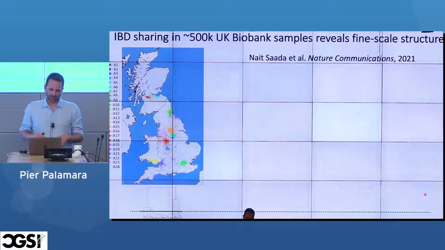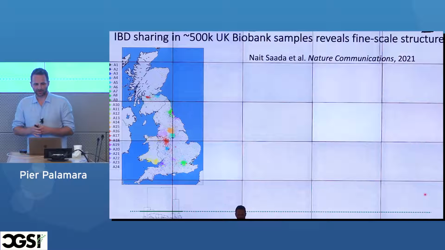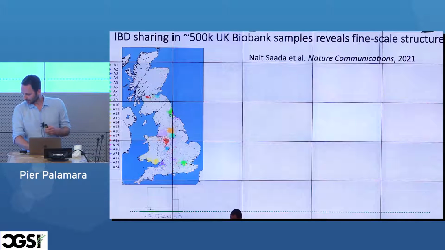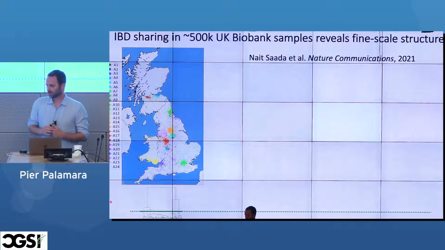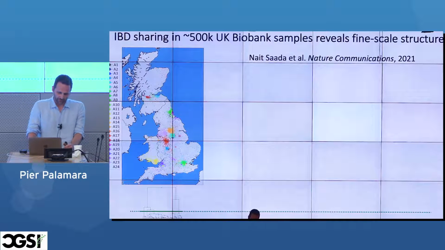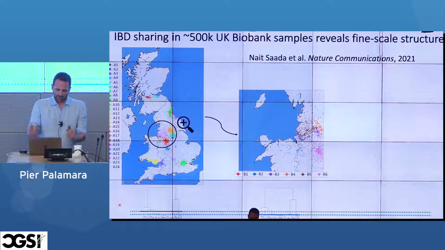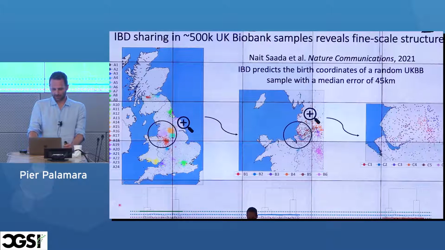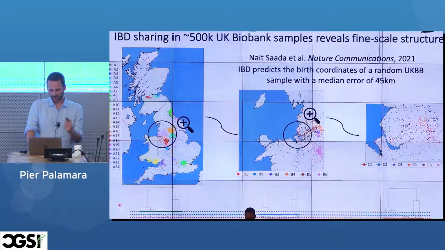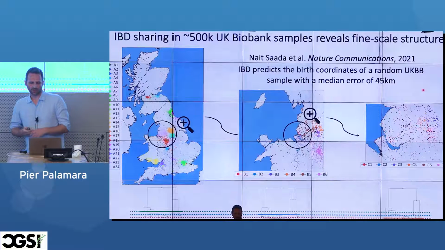If you have this big matrix, it's a sparse matrix, since people tend not to have many ancestors. You can take it and do hierarchical clustering or other analysis on top of that. Depending on where you slice this dendrogram, with a little tree at the bottom that represents the whole ancestry, you get clusters that are bigger or smaller. At certain heights, you get clusters localized in regions and large cities. If you keep zooming in and slice the tree lower, you get extended families that live around villages. IBD is very predictive of where you're born; you can predict birth coordinates using IBD with reasonable accuracy.